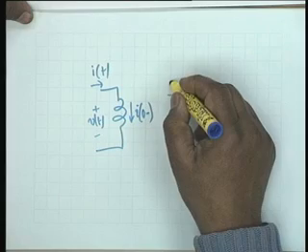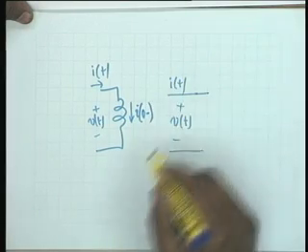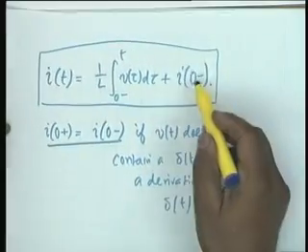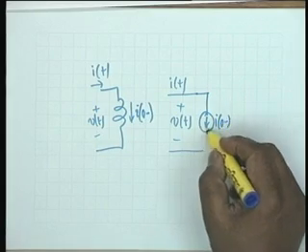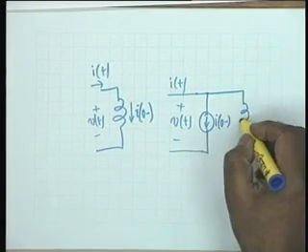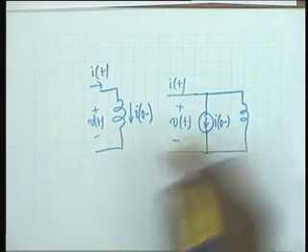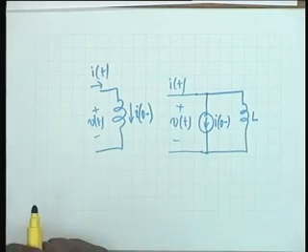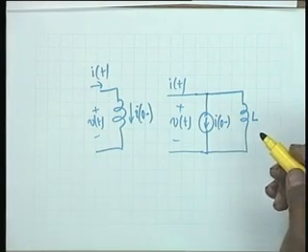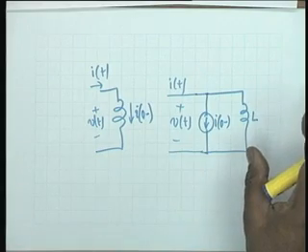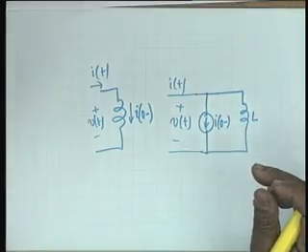That is, I have I of t, I have V of t plus minus. The equivalent circuit contains two terms. One is a current source I of 0 minus. So, I indicate this as I of 0 minus, and then an inductor which is initially relaxed, that is, it carries no current. So, a current carrying inductor can be represented by an inductor which has no initial flux in parallel with a current source. This is the equivalent circuit of an inductor.